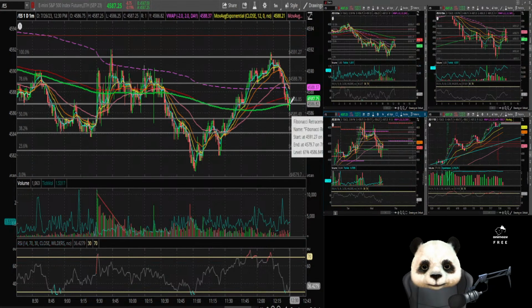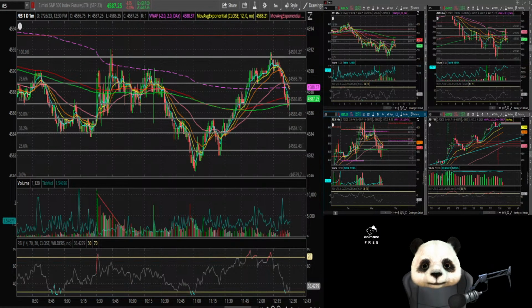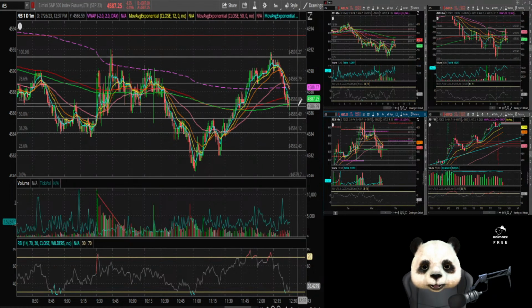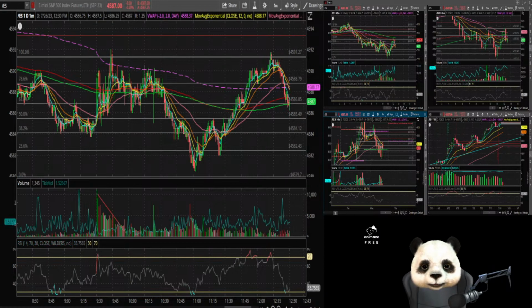Oh, oh no. If I had a 25-cent difference on that, missed it. Well, I was looking for an optimal entry, and I might not get it. It might have just hit 4,586, 25 cents above. We'll see here, but I'm not gonna force it and raise it, and that's just how I trade.